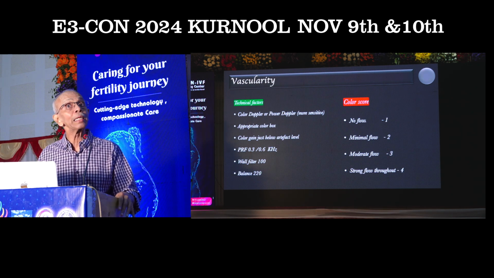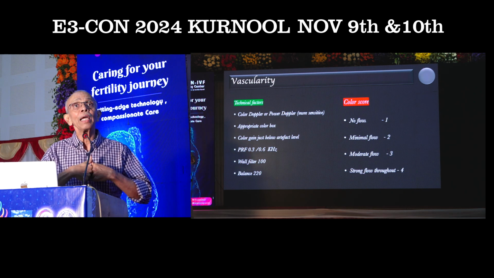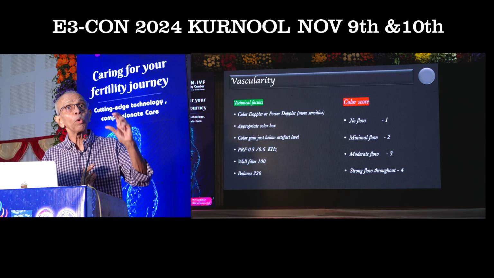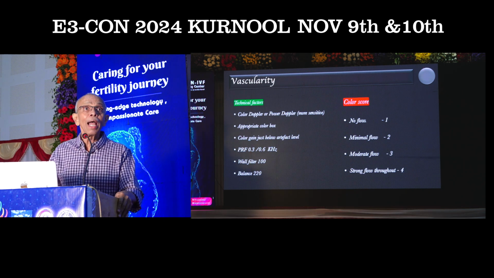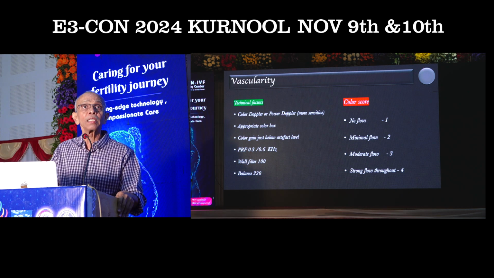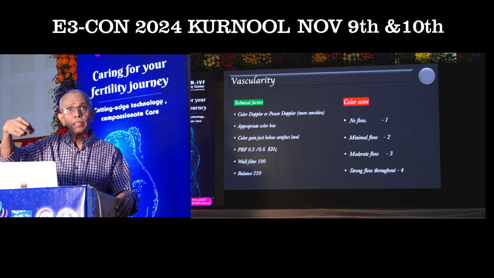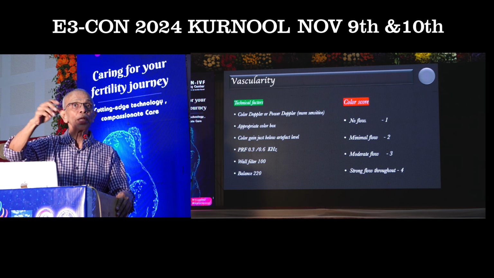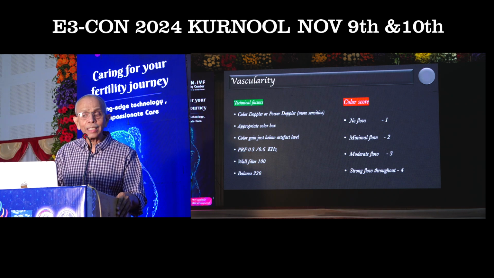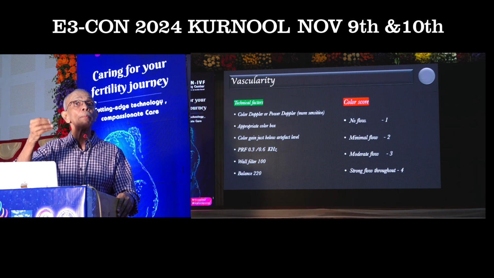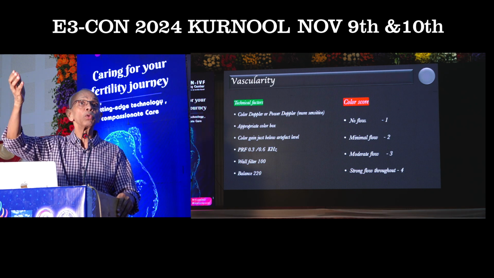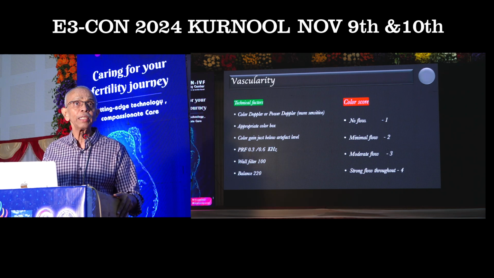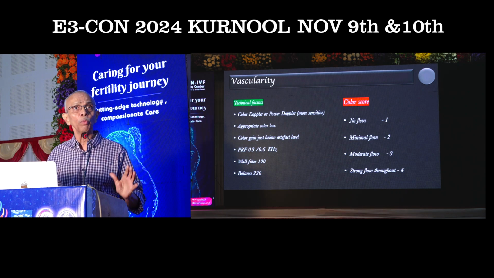Then you have the color gain. With color gain also, you should not have a splash of colors, or bleeding in the vessels, but you should have an appropriate color gain in order to appreciate the vascularity. We have to always adjust the PRF, the pulse repetition frequency, which can be easily toggled from 0.6 to 0.3. Quite often I use about 0.6 kilohertz, and that is when you can appreciate slow flows also. If you use a PRF of 1.2 or 1.3, then your color flow will not be seen. That is the reason why you need to have an appropriate PRF.